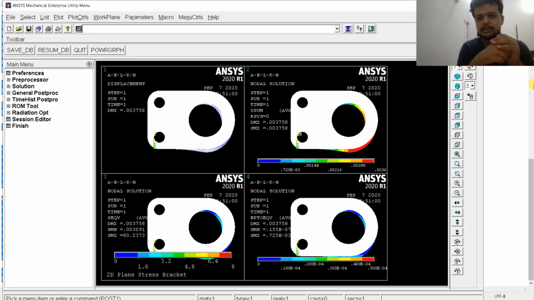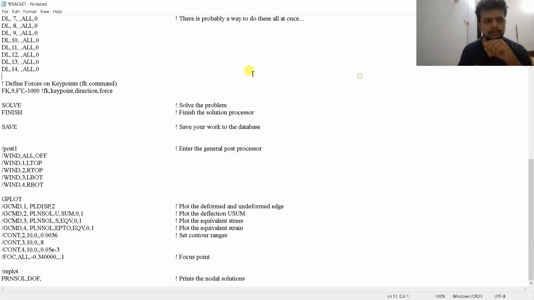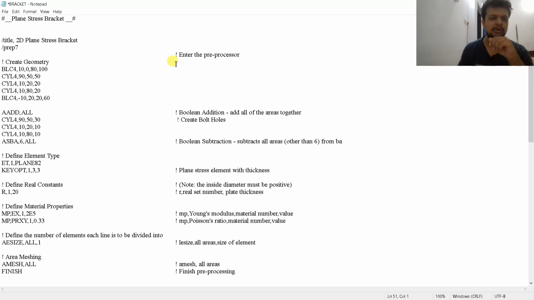So guys, I think you have learned a lot today. I have tried my best to explain everything involved in this tutorial. And one more thing I want to tell you is that you can write the code in Notepad or any text editor. I am showing you the full code. You can pause it and see each and every line. I am scrolling it.